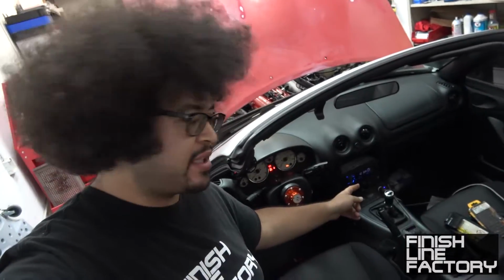Alright, so it's now the next day. The battery in the camera died, and I ran out of space on the memory card, so I wasn't able to record more. But I did complete a couple more things. I finally did relocate. I removed the original boost gauge, so that was just a hole in the center console there. And I relocated the